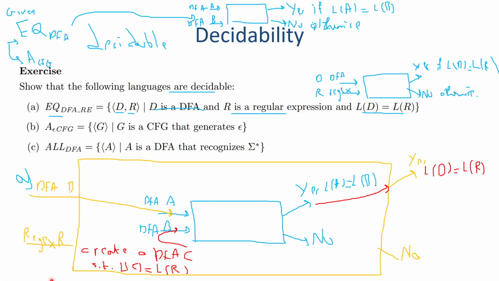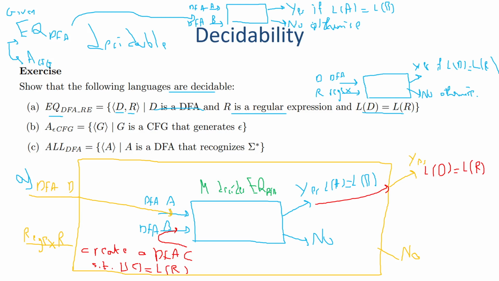D, straight away we plug it in. There's some machine, call it for example M, that decides EQ DFA, which takes two DFAs and will tell you yes if they're the same or no if not. So DFA-D, I'm putting it as the first input for this machine that we know is decidable. Like this blue part, we know it's decidable. It'll be able to correctly tell you yes or no if two DFAs have the same language. Now the first DFA you're plugging in is just D. The second DFA you're plugging in is one that you made called C, where the language of C equals the